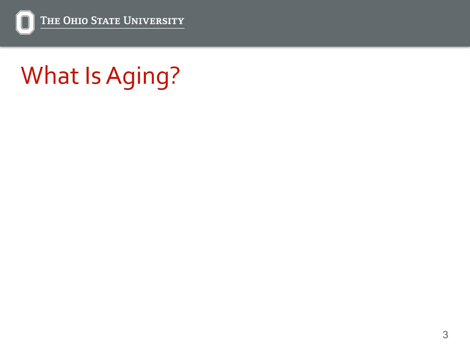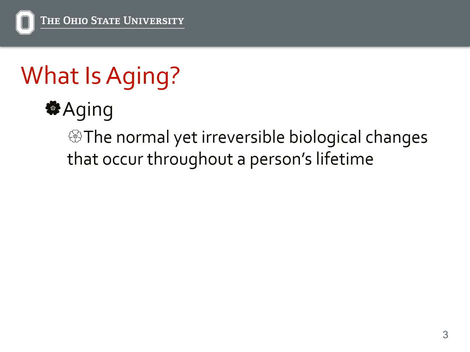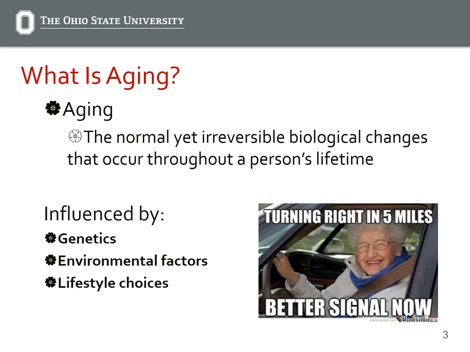So we're going to talk about what is aging. When we think about it, what does it really come down to? Those irreversible biological as well as physiological changes that occur throughout somebody's lifetime. We know there are a lot of things coupled together that actually affect how we age, some of those being environmental, genetic, and lifestyle choices. So family history plays a big role in how we age. There are environmental factors such as geographical factors, food and resource factors, as well as lifestyle considerations such as occupation,